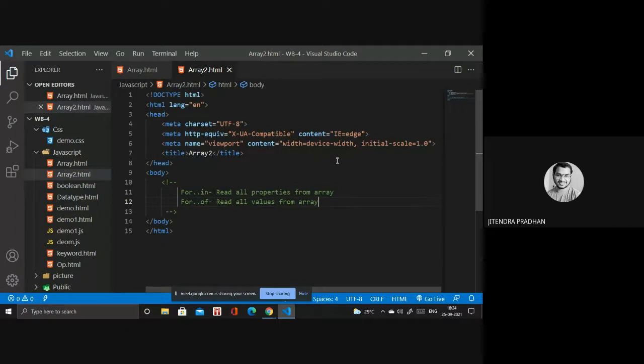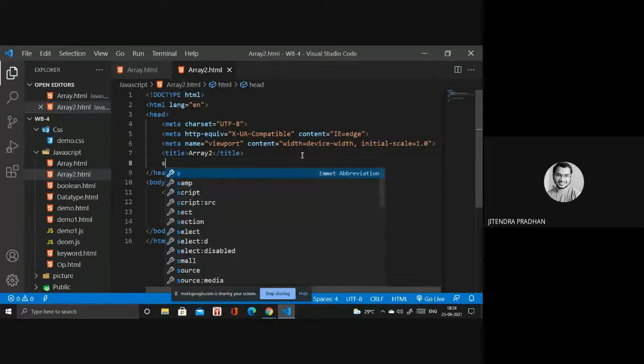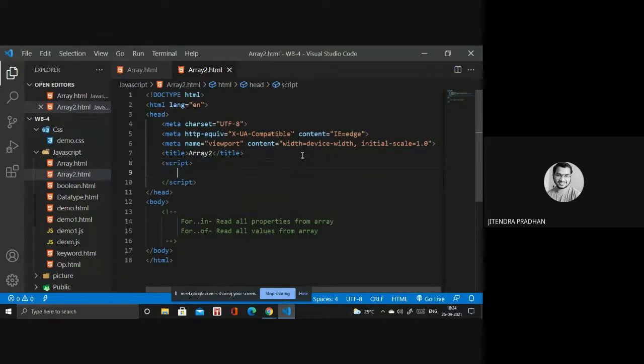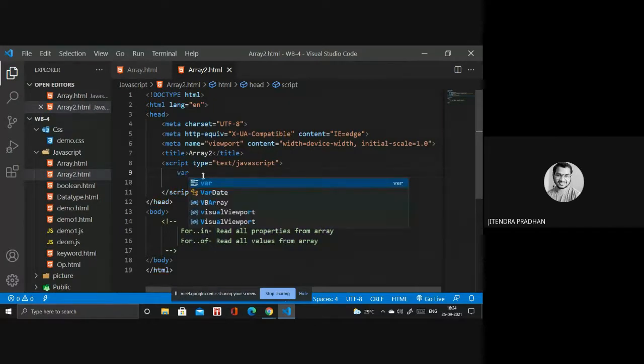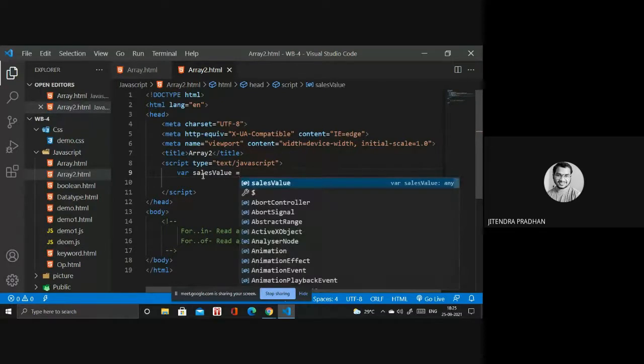So next we have to discuss how we can access the value, if you are writing an array inside that JavaScript. So how we can do that? Okay, let's see. I need to write the script inside that, and you have to write the mime type. It's like type text slash JavaScript. Next we have to write some array, any array you want. So I need a variable. The variable I will write as sales value. You can write it as sales value. Okay. So I need to write in that array.